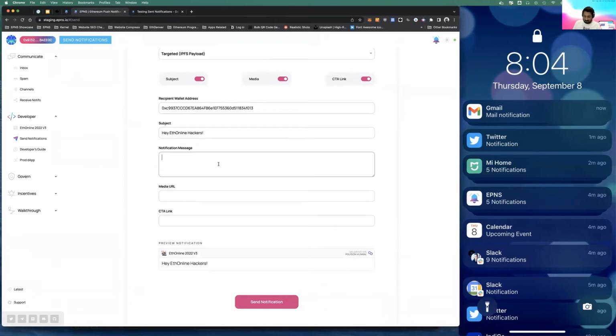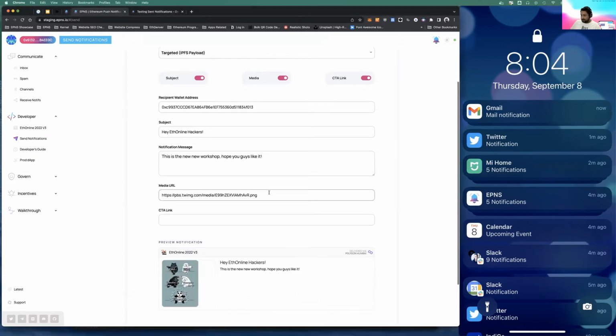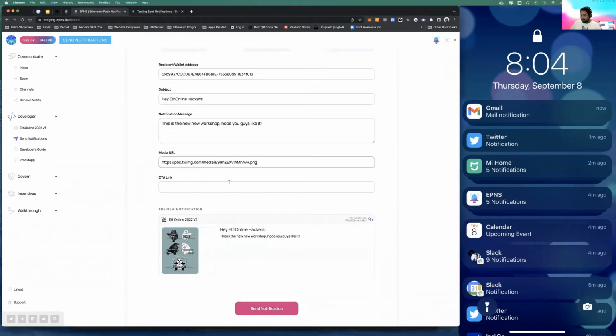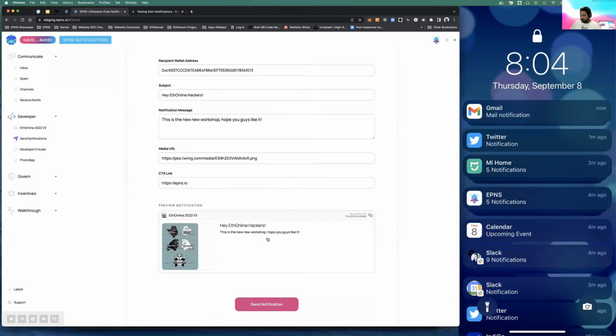But for this, let's send a simple message. Hey, online hackers, this is the new workshop. Hope you guys like it. For media URL, let's do the merge media URL only. And call to action, let's do EPNS.io. So once you also see the preview notification,